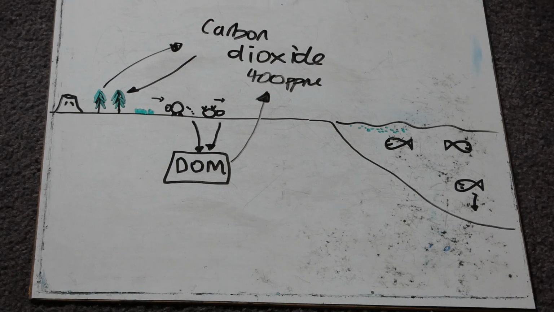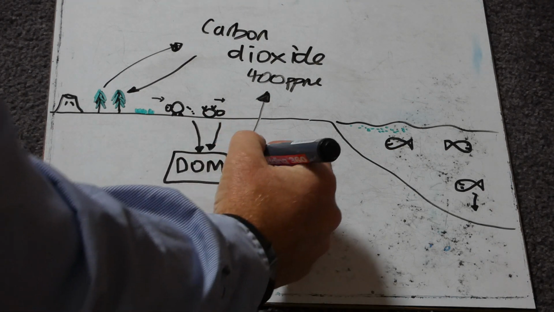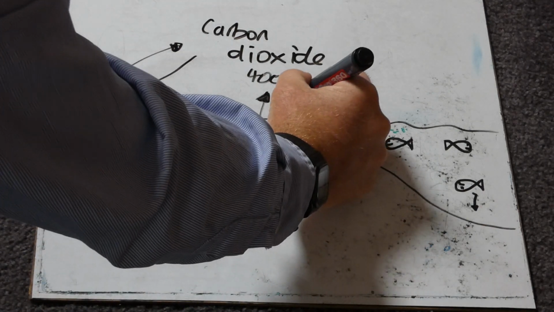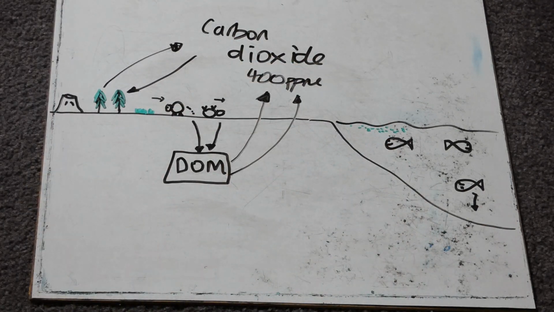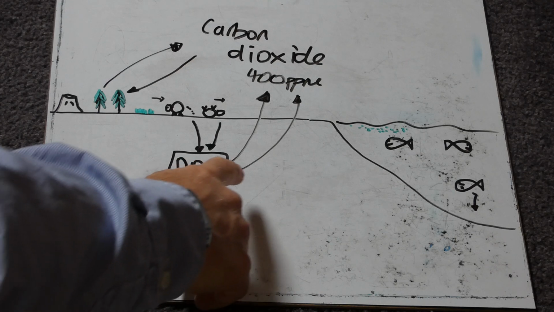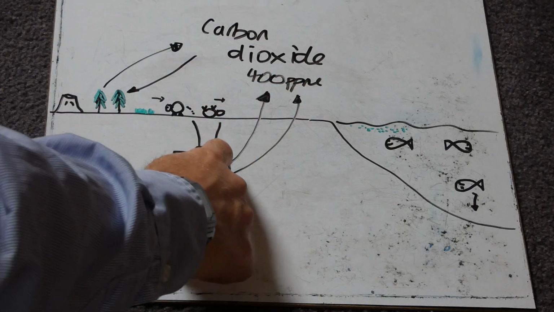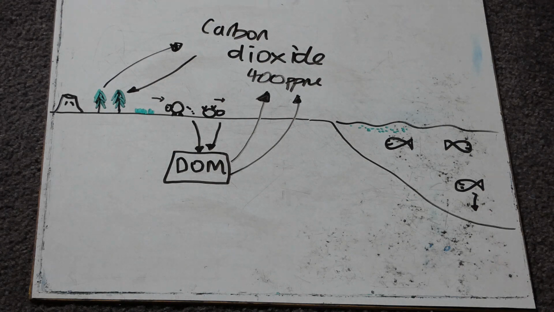On the other hand, if it was anaerobically being broken down, anaerobic decomposition, then that would return methane to the atmosphere, methane being CH4. And that methane, that CH4, would normally oxidize at some point to carbon dioxide. So we've got methane, CH4, being returned to the atmosphere,